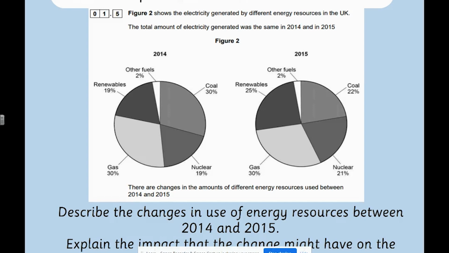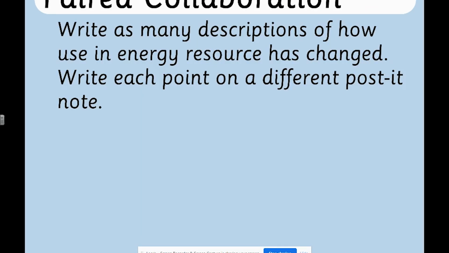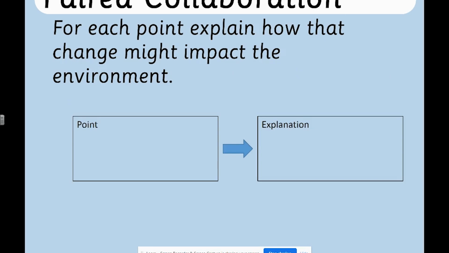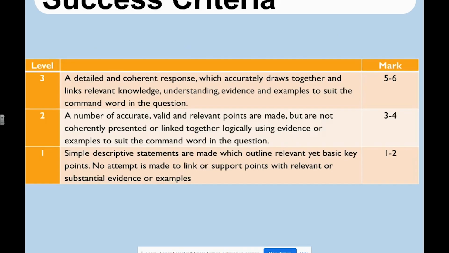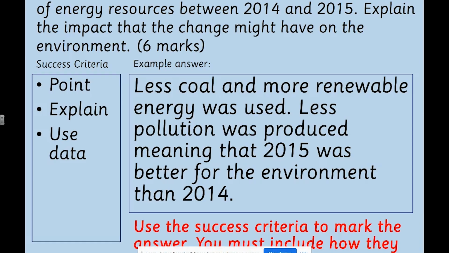Fail and try another attempt. So you get failed as their first attempt in learning. So students have to have a go. And then we respond to that. So perhaps in this example, you get them to write a point and explain the impact on the environment. You get students to collaborate, share their points, share their examples, tell them what the success criteria is for the task. Then give them some